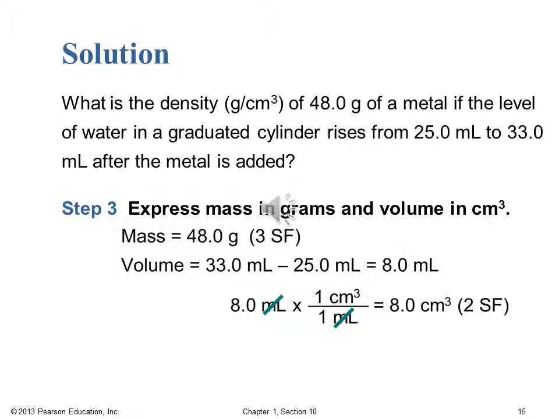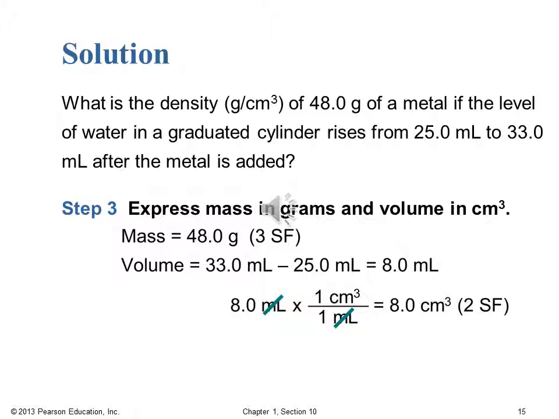And we have 2 volumes. Right now we have the volume after adding the metal to the water, and we have the initial volume of the water in the graduated cylinder. So the mass is easy. We have that given directly as 48.0 grams. That's 3 sig figs. The volume, when we take the final volume of water plus metal, 33.0 milliliters, minus the initial water volume of 25.0 milliliters, we end up with 8.0 milliliters. And of course, since 1 milliliter is equal to 1 cubic centimeter, we can multiply through by that conversion factor to go from milliliters to cubic centimeters. We still end up with 8.0, but